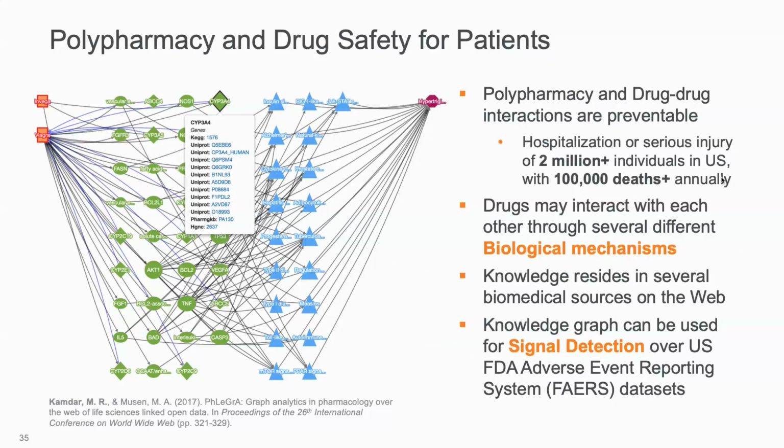The benefit of this knowledge graph, while it showed almost equivalent performance to existing signal detection methods like the gamma Poisson shrinkage or the Bayesian confidence propagation neural network, BCPNN, which are widely used for signal detection in the FDA adverse event reporting system,